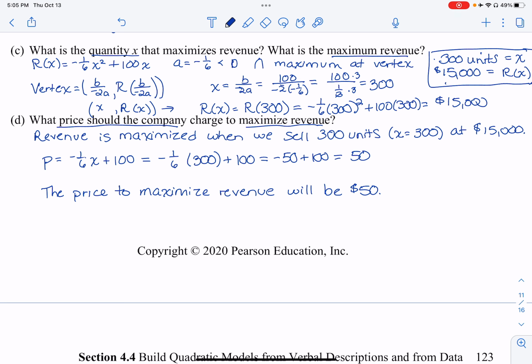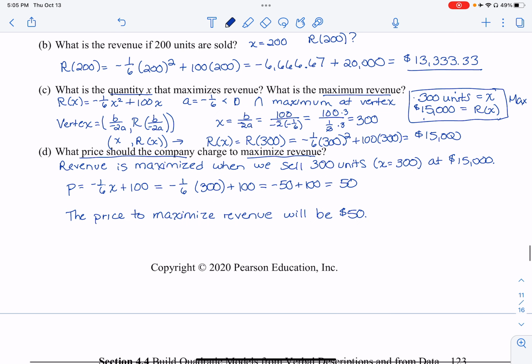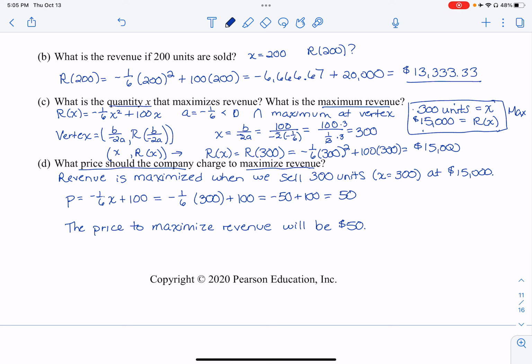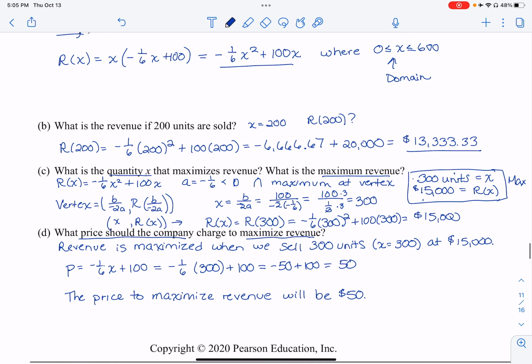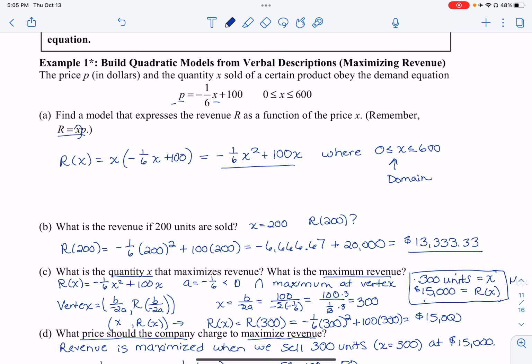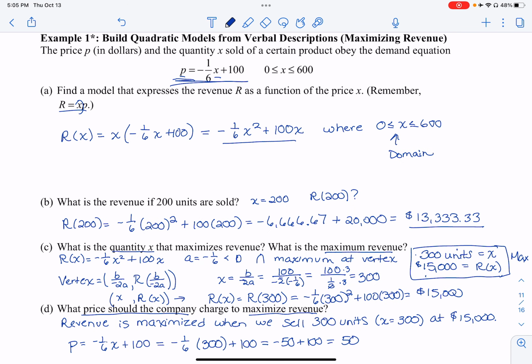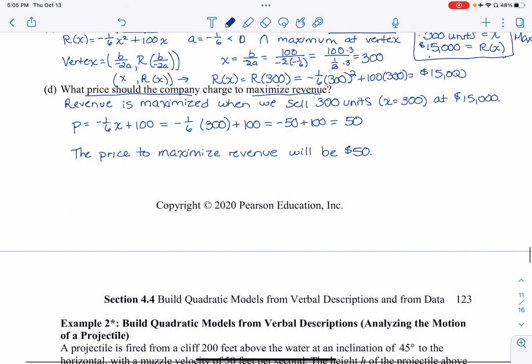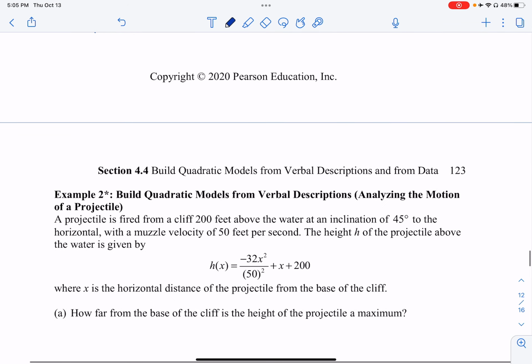And that's the end of example 1. So you can see how we're using the vertex to find where we maximize the revenue and how many units we sell when we maximize the revenue. And then we can use that to go back to our price equation from up here to find out what the price would be from the demand equation. Okay. Example 2,